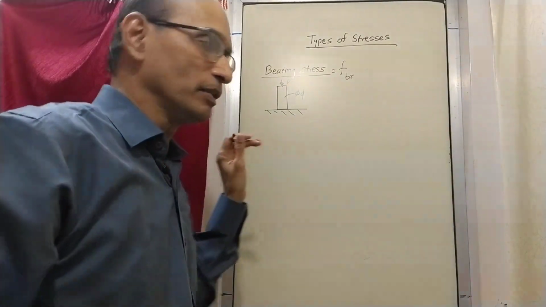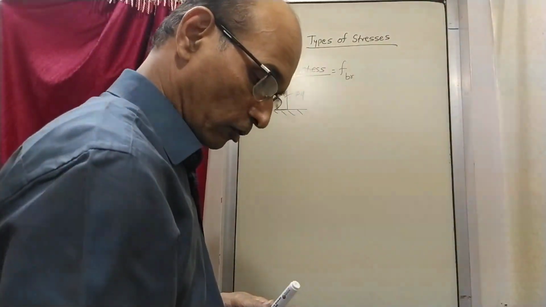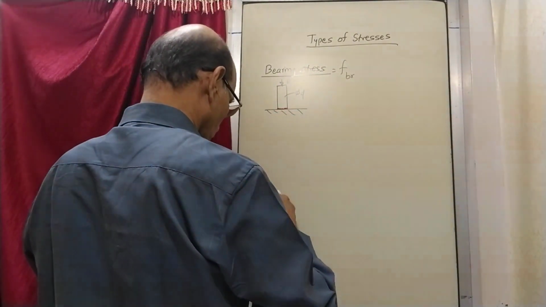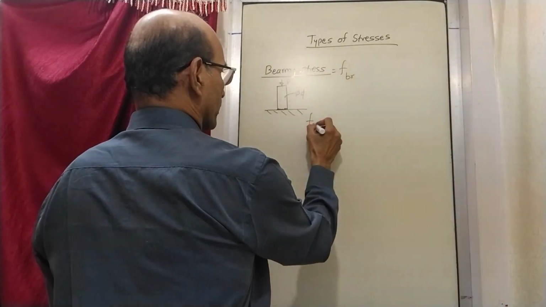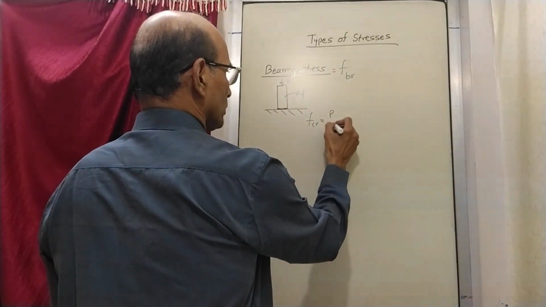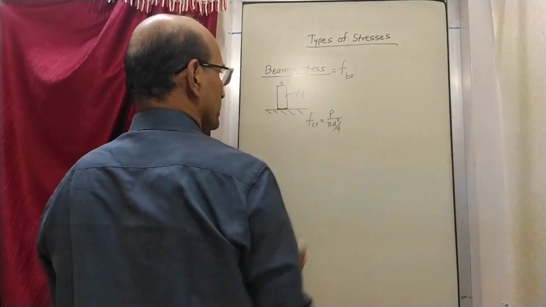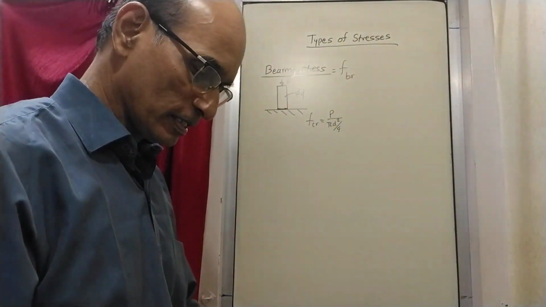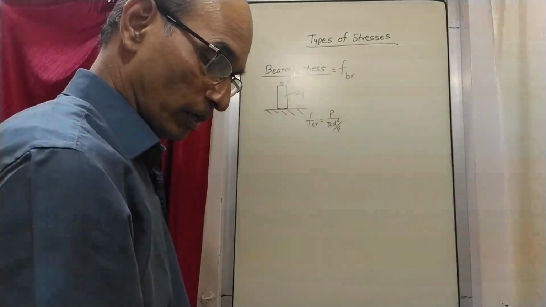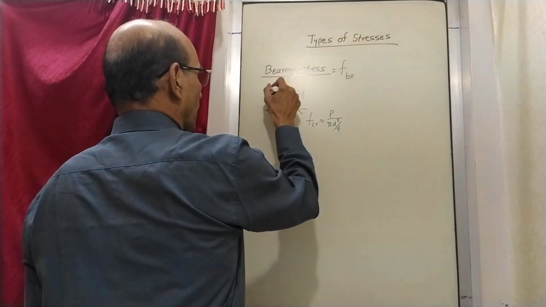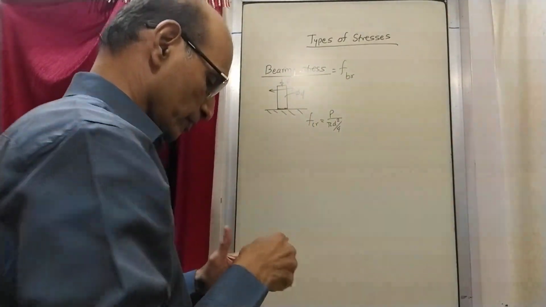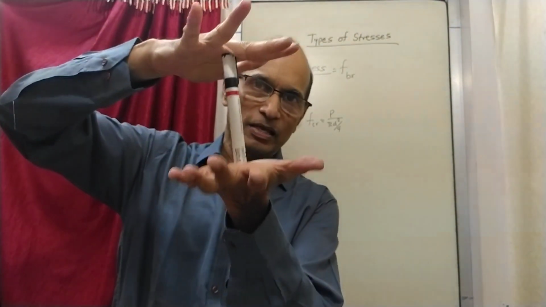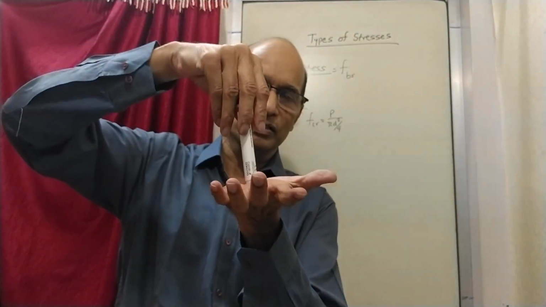So in the last situation, the stress that was developed at the contact surface at this place was already called F crushing, and it was P upon pi d square by 4 last time. Now this is again almost similar, but the difference is that here this part is having movement. See, last time the crushing stress was like this. It was a static stress under the action of a load. The crushing stress is developed there.